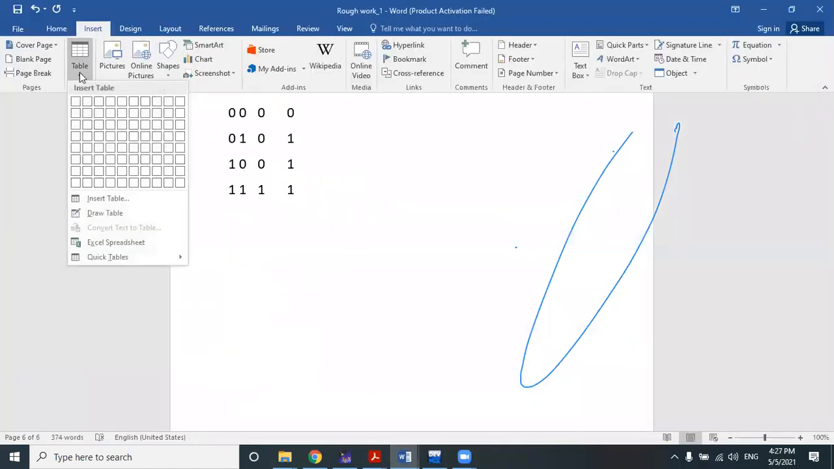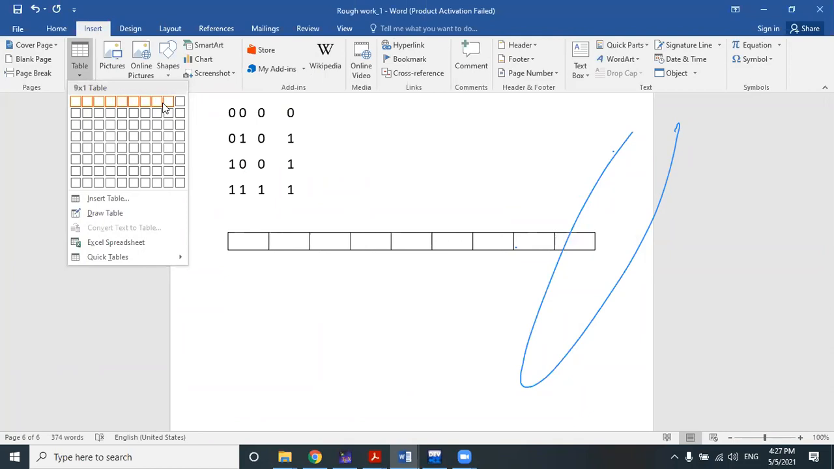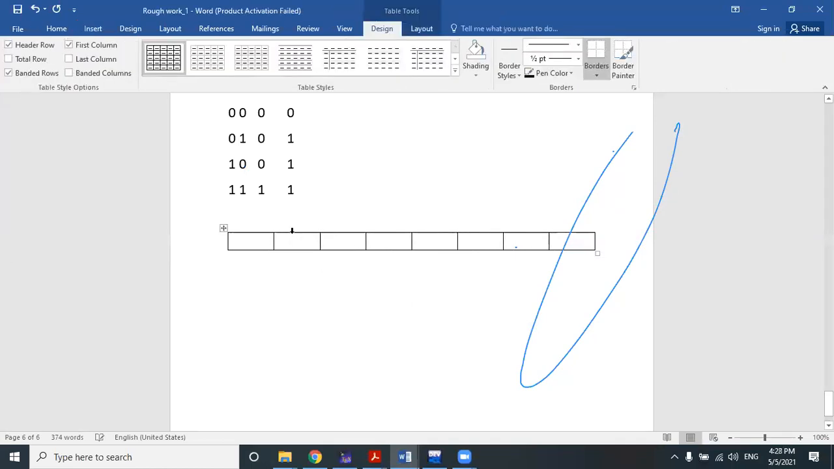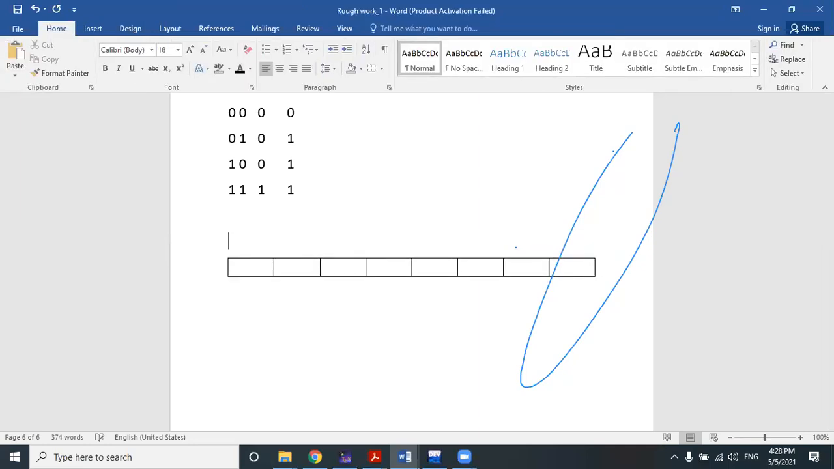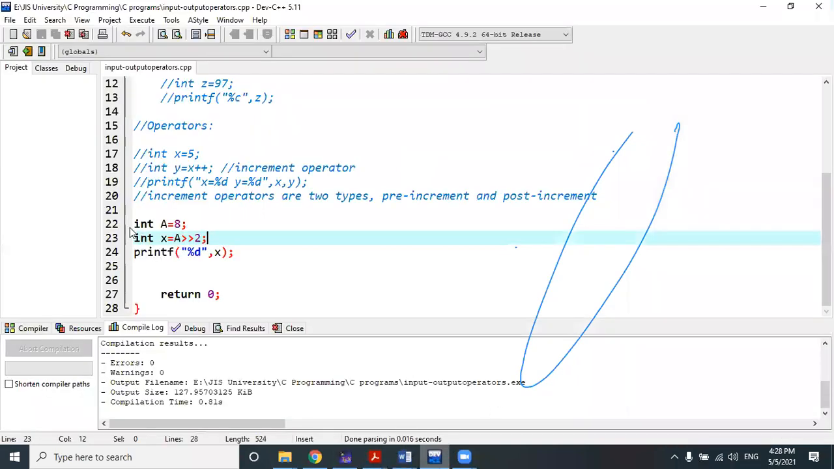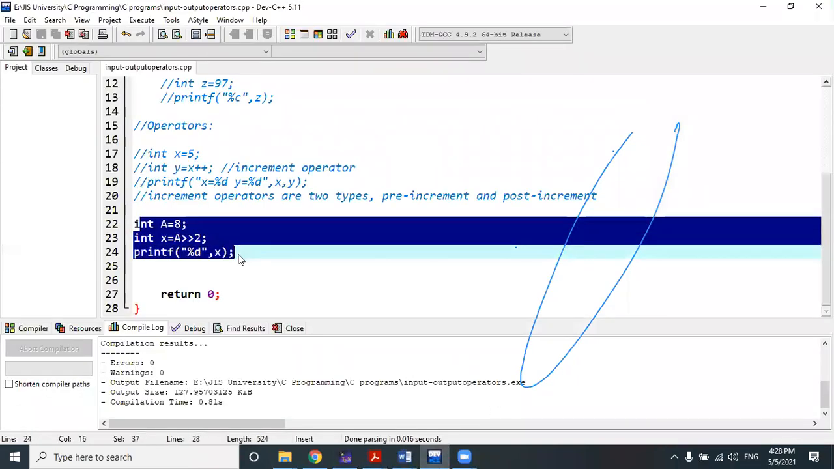Check out the logic very carefully. Suppose we are using an 8-bit system. We will consider we are using an 8-bit system. Sometimes they will give you an example like this and ask you to show the calculation